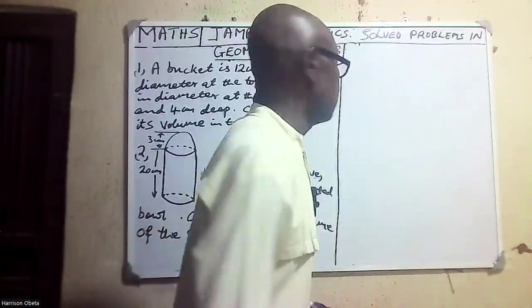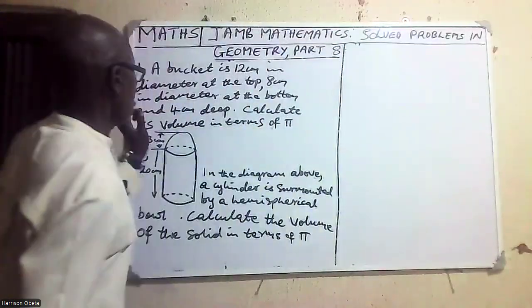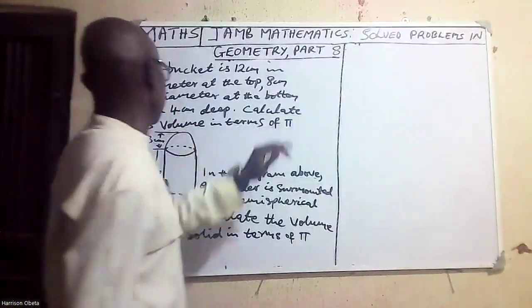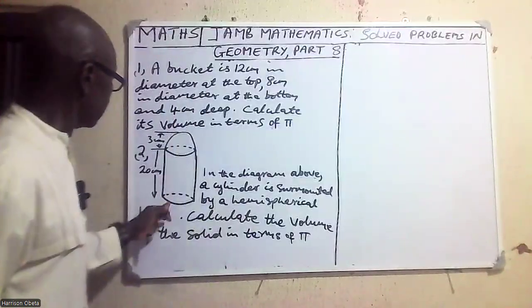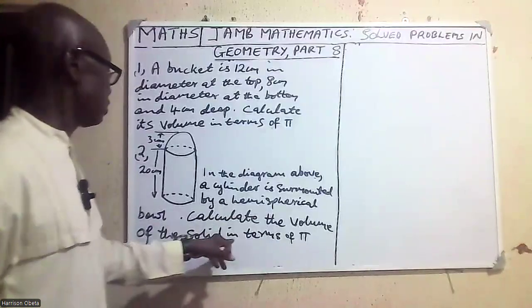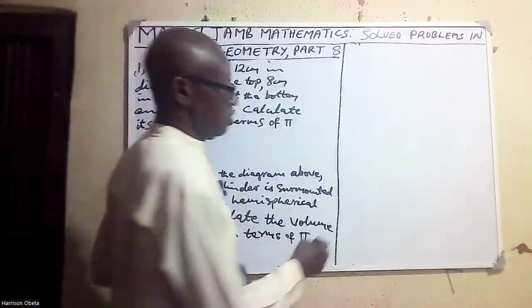We have two questions on the board. The first one, we have to calculate the volume of a bucket in terms of pi. The second one, we can see the diagram. We are going to calculate the volume of the solid in terms of pi. So the first,